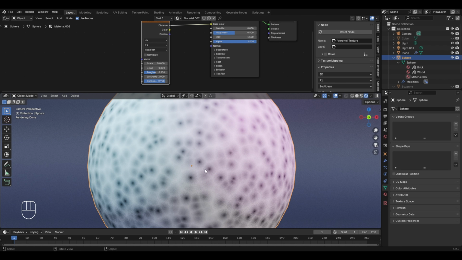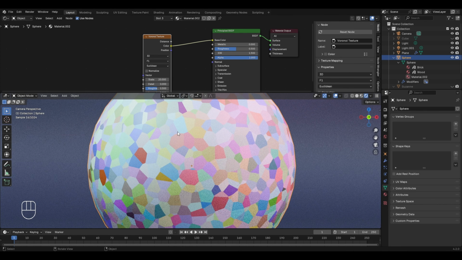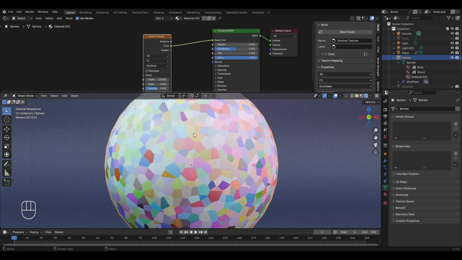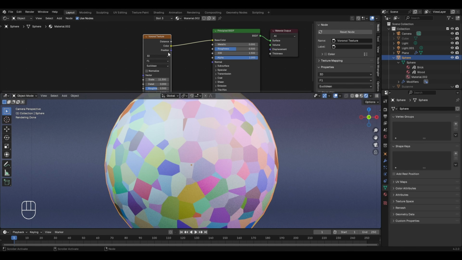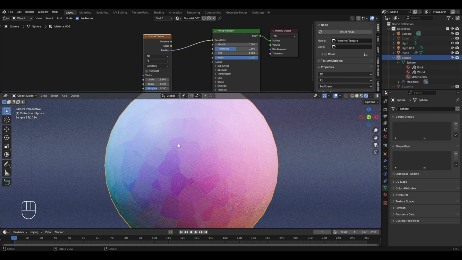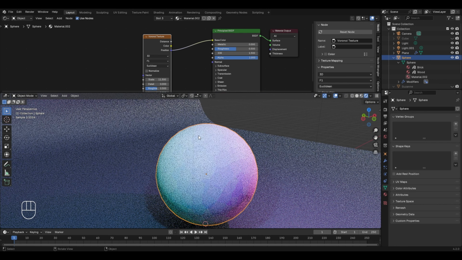Now do remember that we got this result with the Voronoi texture when we used the distance socket for connecting to the base color. However, if I now take the color socket and connect it to the base color, then in this case, we'll get a colorful geometric pattern with a number of different faces applied on the UV sphere. Similarly, if I now take the position socket and connect it to the base color, then we'll get a texture with a slight gradient effect where you can see the change of color from blue-green to the pink color.